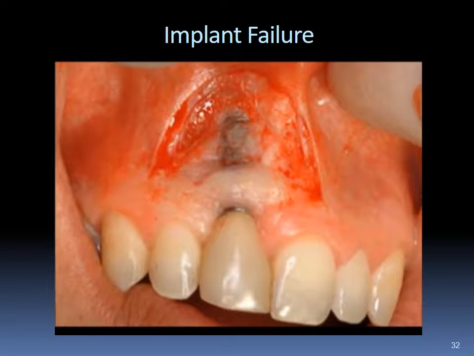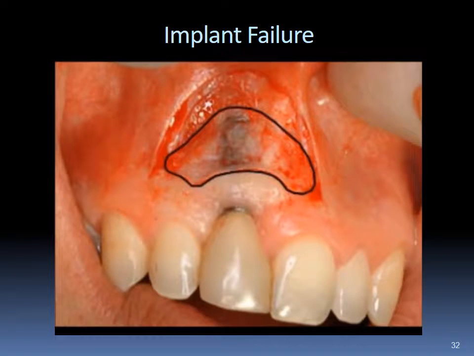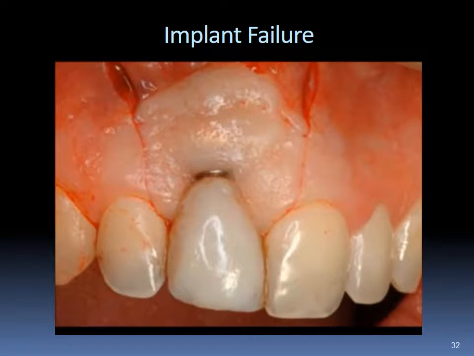Our first task was to stabilize the gum tissue by placing a gum graft. We had preserved connective tissue over the dehisced implant, so we harvested an epithelial graft from the patient's right palatal area and transferred the graft to that site. We allowed the gingival graft to heal and mature for 8 weeks, at which point I once again made entry